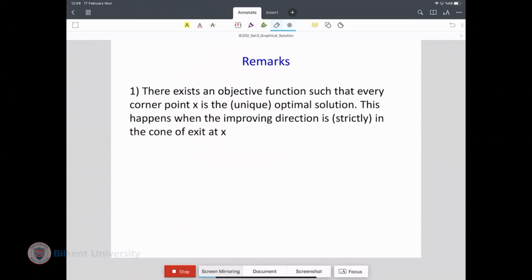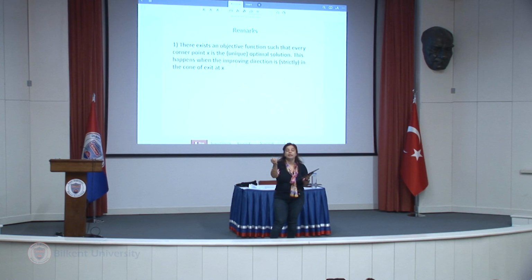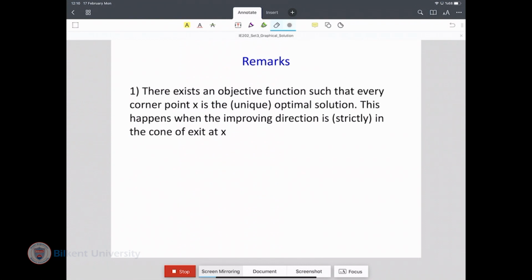All right. Then, I give you a region. The region has corner points. And I'm asking you, find me an objective function so that point A is the unique optimal solution. What was the trick that you were using? You were trying to come up with an objective function so that your improving direction leaves the region at the corner point that I specified, right? And for every corner point, you can come up with such an objective function,